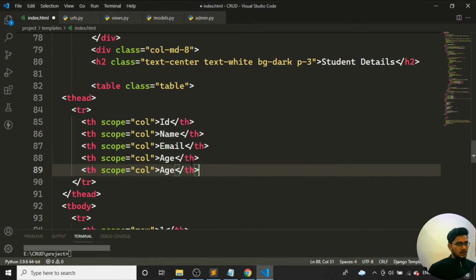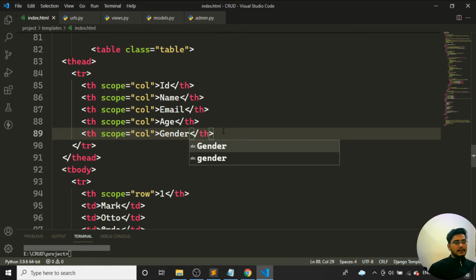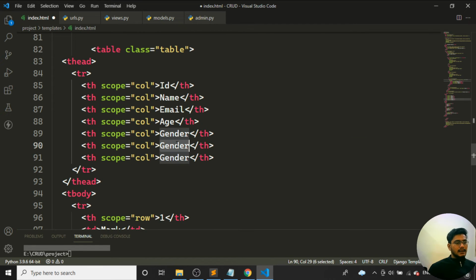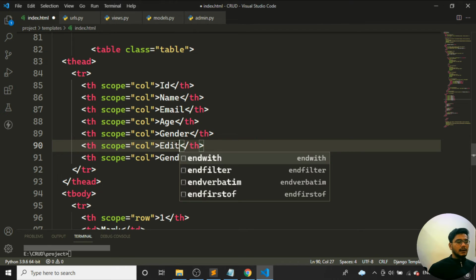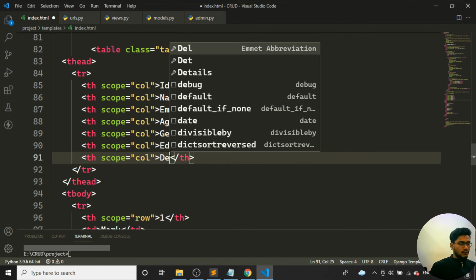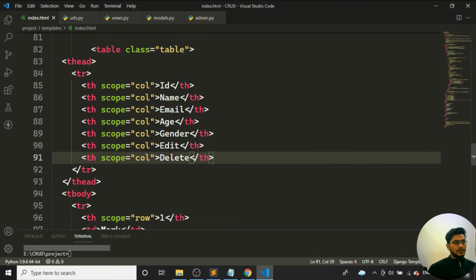and the last column is what? The last column is the gender, gender. It should display. Okay, so that thing I need to display. Same here, I'll just mention here. Let's add an edit option. I'll keep one delete operation too. Okay, two things I'll keep, edit and delete over here. It can be delete as well as edit.